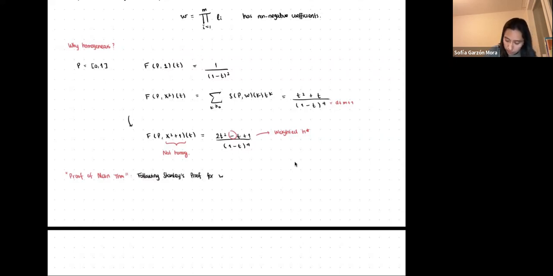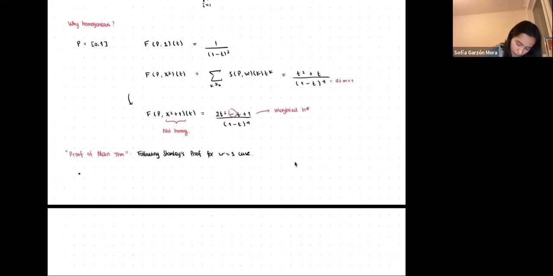And basically he just does the proof for simplices and then extends to polytopes by an argument